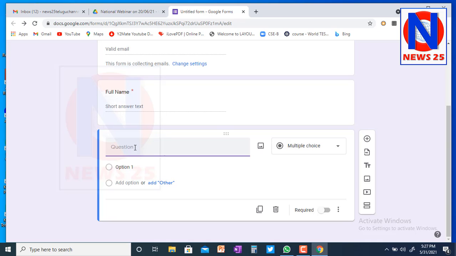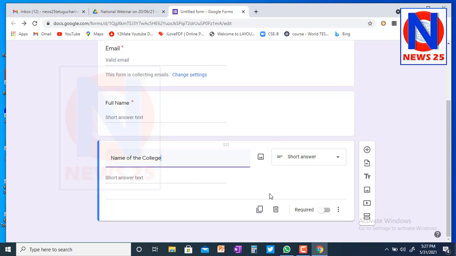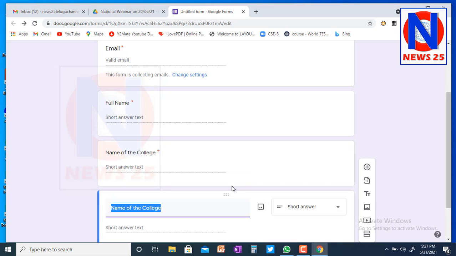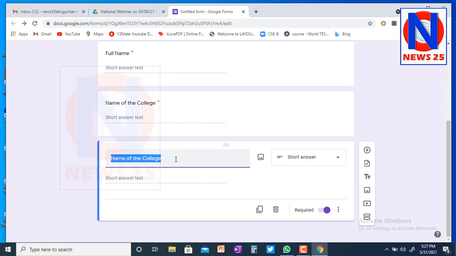So here you can give name of the college. Next, you have to enable required. Next, you can copy from here also, then you can edit it. So I am copying there. Next, contact details you can give.